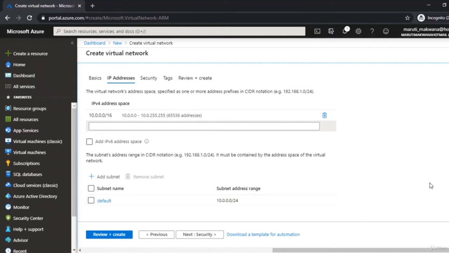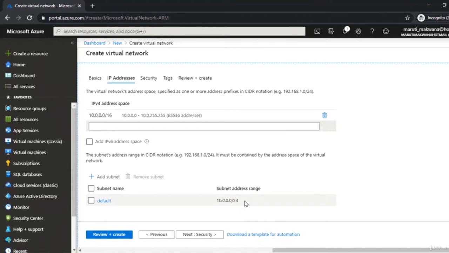Same way, exactly below this, if you check, we are using a subnet. Subnet is a part of my virtual network, and by default we'll have one subnet which is having the name default, and in that they are specifying an address space 10.0.0.0, which is the same, but out of 65,536 addresses, we are going to give only /24. It means we are going to give only 256.